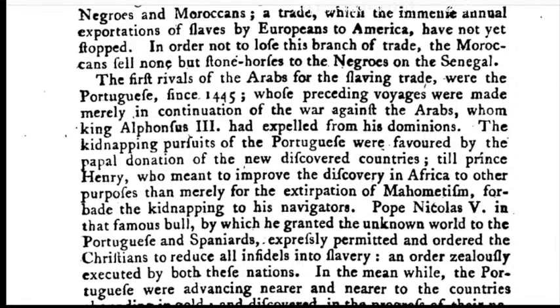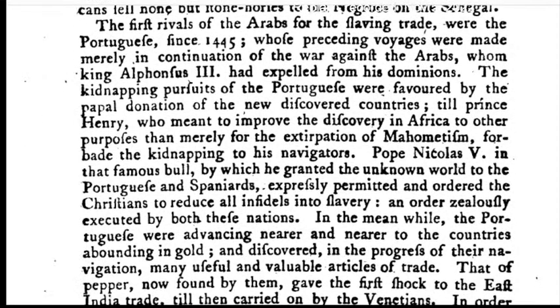The first arrivals for the slaving trade were the Portuguese since 1445, whose preceding voyages were made merely in continuation of the war against the Arabs, whom King Alphonsus III had expelled from his dominion. The kidnapping pursuits of the Portuguese were favored by the papal donation of the newly discovered countries to Prince Henry, who meant to improve the discovery in Africa to other purposes than